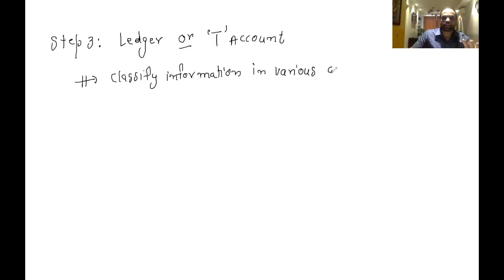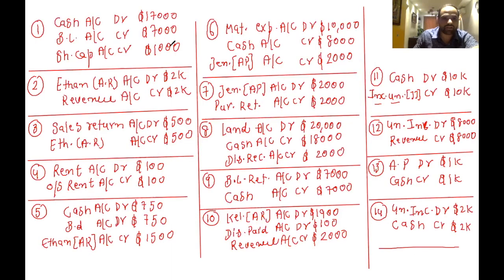We are going to prepare all the accounts one by one, meaning whatever accounts are affected here, like the cash account, bank loan, share capital. So you can see 1, 2, 3, 4, 5, 6, 7, 8, 10, 14, 15, whatever accounts are affected here, we are going to prepare them separately